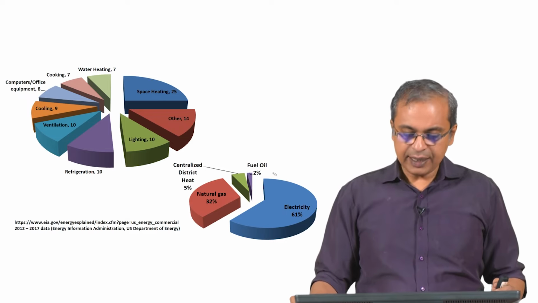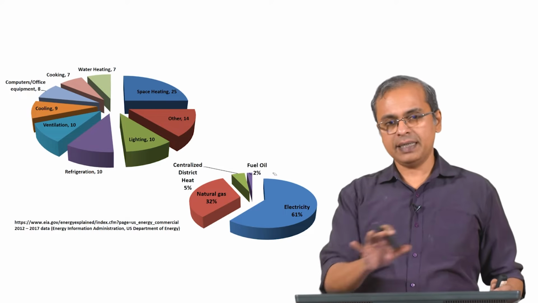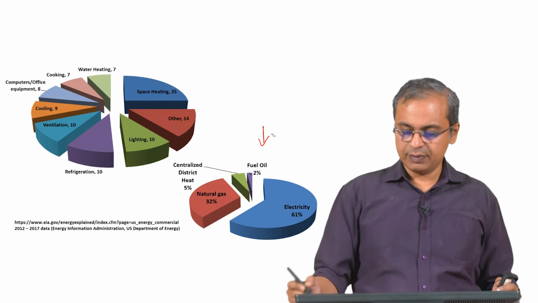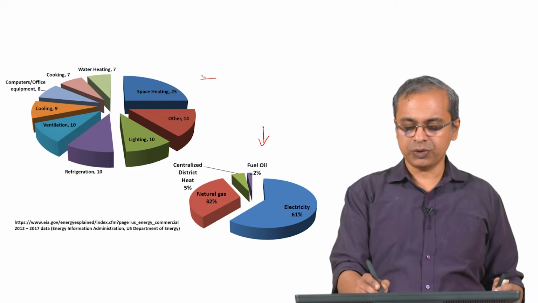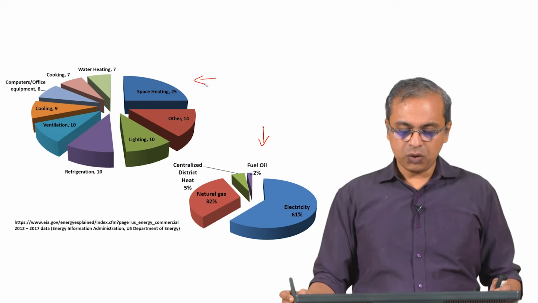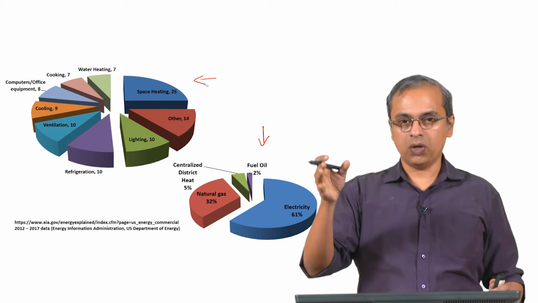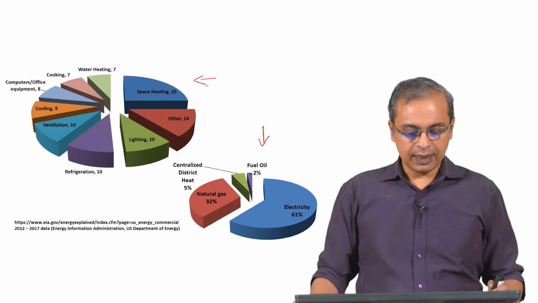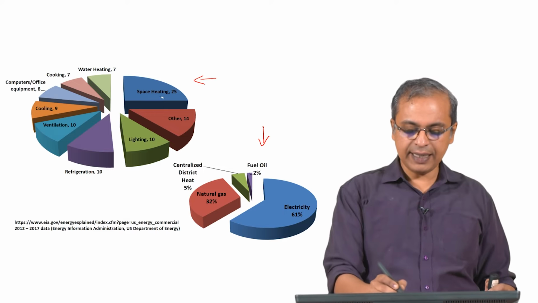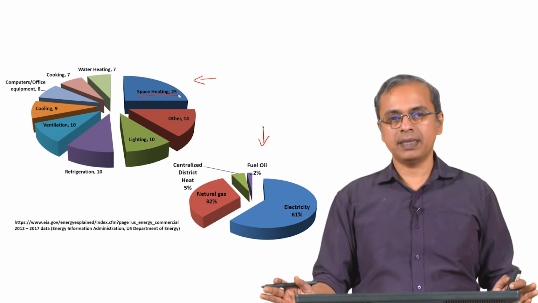So, now that we have seen the building sector, there are a couple more details that I want to add to that. One is where is the energy coming from, and within the building how is the energy being used. So, these are two things that I would like you to get a feel for. Some of this of course depends on whether it is a cold country or a hot or warm country. If you take a typical building, at least in colder countries, space heating takes 25%, so 1/4 of the energy being used in many buildings is space heating.